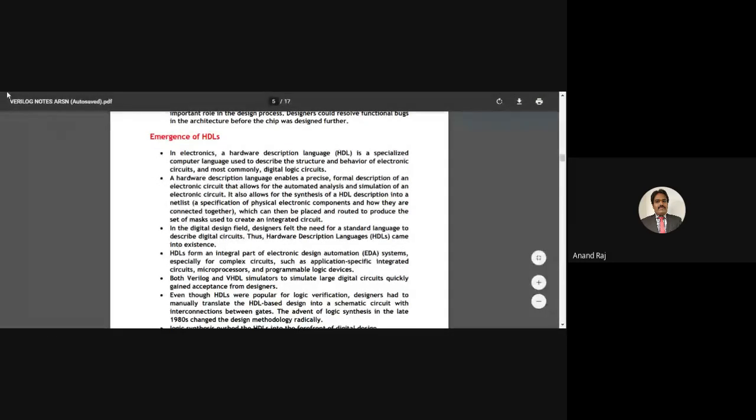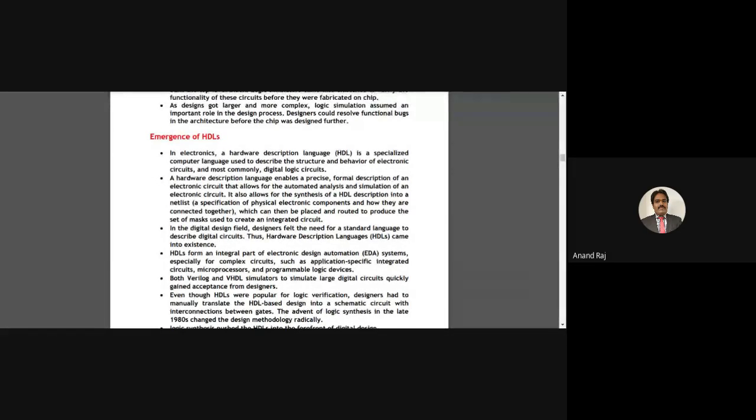A hardware description language enables a precise formal description of an electronic circuit that allows for automated analysis and simulation of electronic circuits.